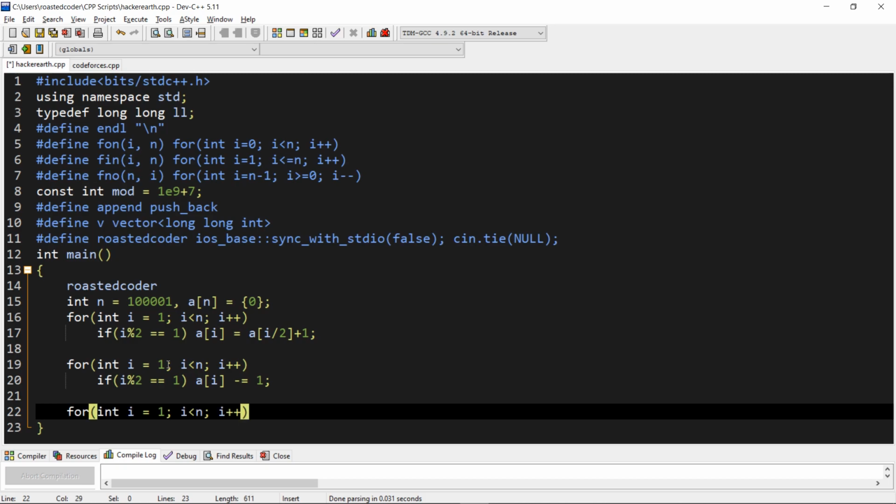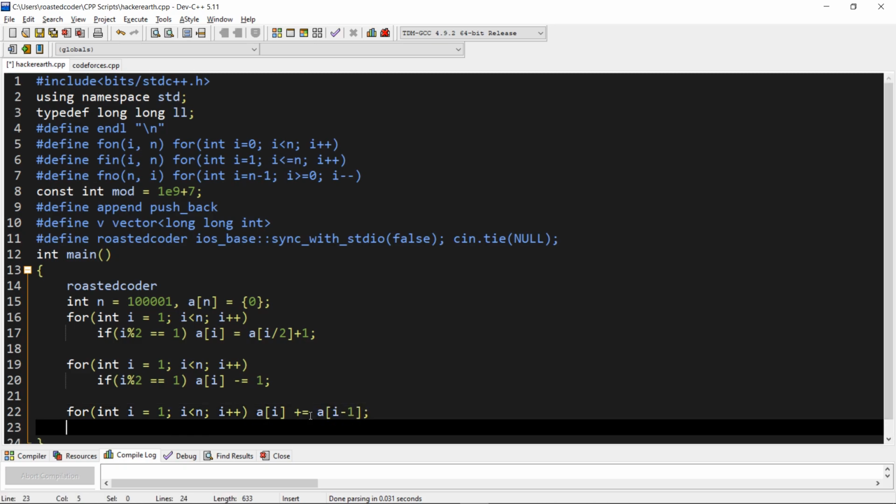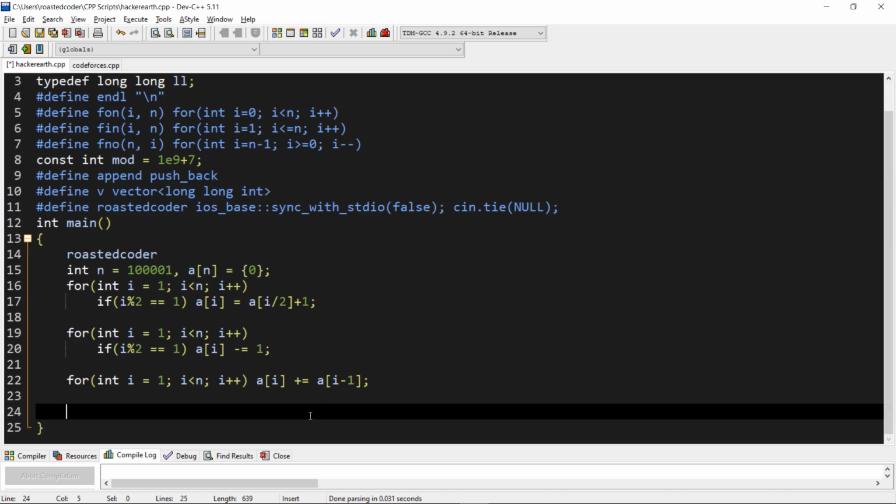And now we will take the prefix sum over the array A. So let's do a of i plus equals a of i minus 1, and now we are done. So we have pre-calculated the answer to our solution for every n up to 10 to the power 5.